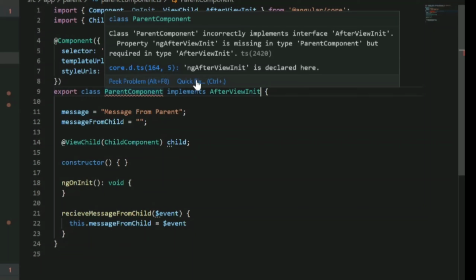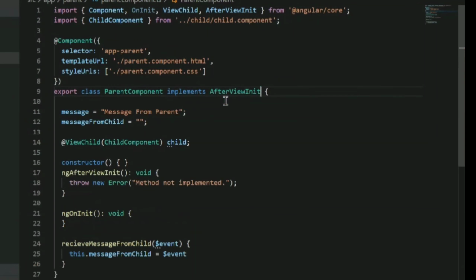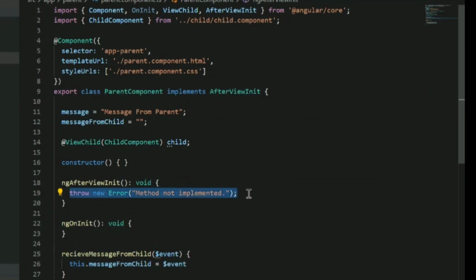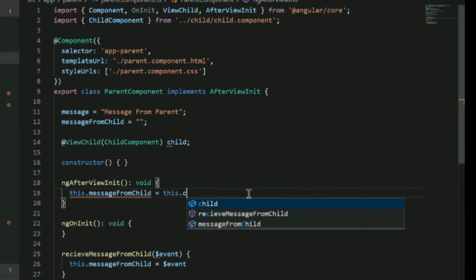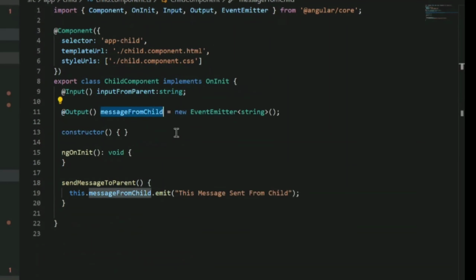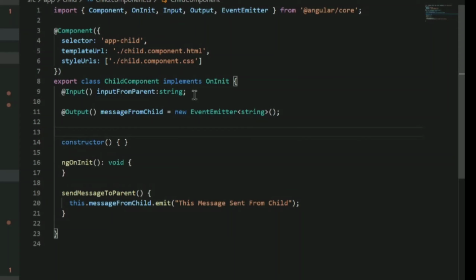Then implement the AfterViewInit interface. It will add the ngAfterViewInit method. And in this method you can directly assign your child class property to the parent class properties.